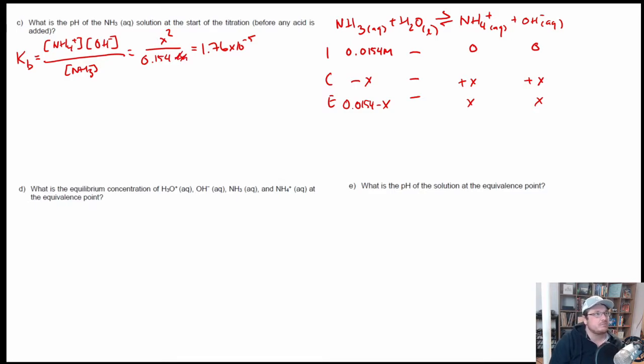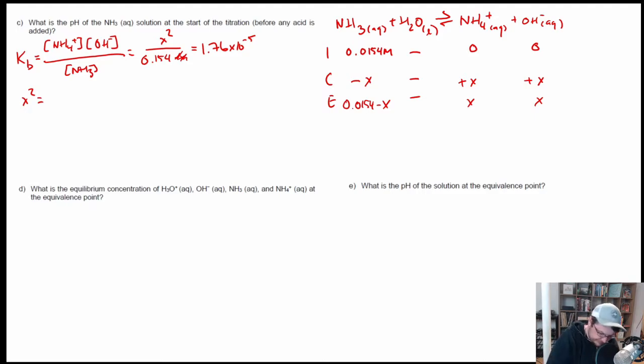It's going to be so small that it's not actually going to change, based off of sig figs, the concentration of the weak base, the starting material. That makes it a lot easier to do the calculation, because we can then set this up so that we have X squared is equal to 1.76 times 10 to the negative fifth times 0.15,